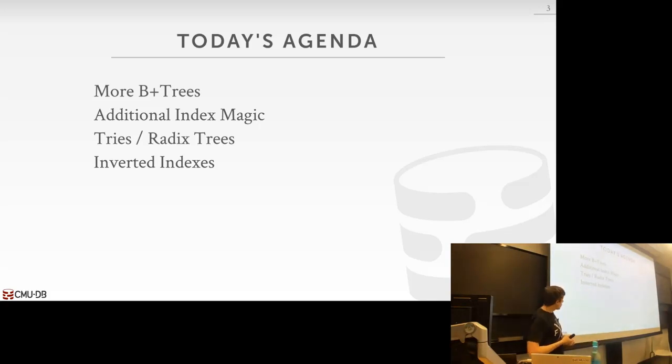And then we'll talk about an alternative to B+ trees, tries or radix trees. And we'll go through what makes these unique, what makes them different, and how they are better or worse than B+ trees. And then we'll finish up really quickly with a sort of brain dump of inverted indexes. I'm not going to teach you how they work. We have courses here at CMU that can do that. This is just so you know that these things actually exist. So when you go out in the real world and you realize that the thing you want to index can't be indexed in a B+ tree, you want to use one of these inverted indexes. All right, so